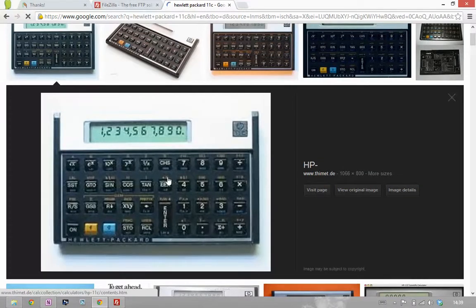This is the calculator that I use. Hewlett-Packard 11C. I got it when I was in 8th grade. I shudder to tell you how old this calculator is. I was in 8th grade in 1980. So the calculator in my backpack has been with me for 33 years, 32 years. And I can't use a regular calculator. This is a reverse Polish notation calculator. Reverse Polish notation is another word for what we call postfix notation, where you kind of take things for granted